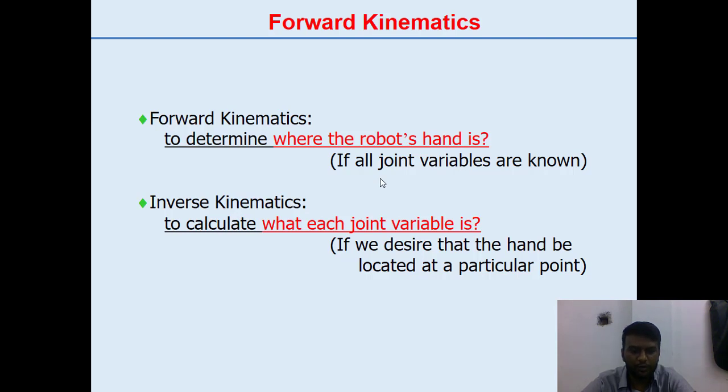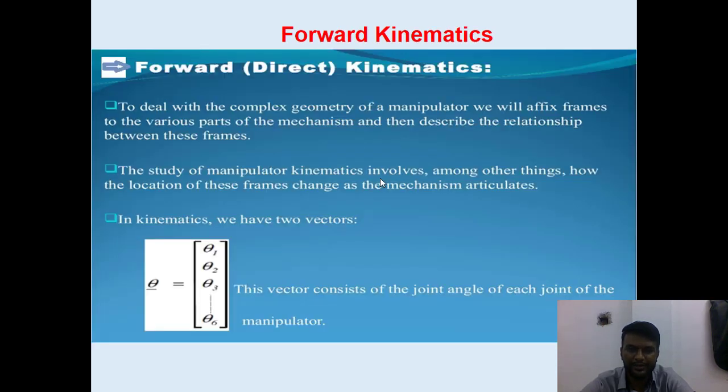So when we design the robot, we predict the trajectory, which path it is going to follow. To predict this trajectory and the path, we need to know the position and orientation of all the joints and the end effector given the angles. When we give a certain degree of angle, which position is it going to reach? That is what we need for proper functioning of a robot. So that's what we do in forward kinematics.